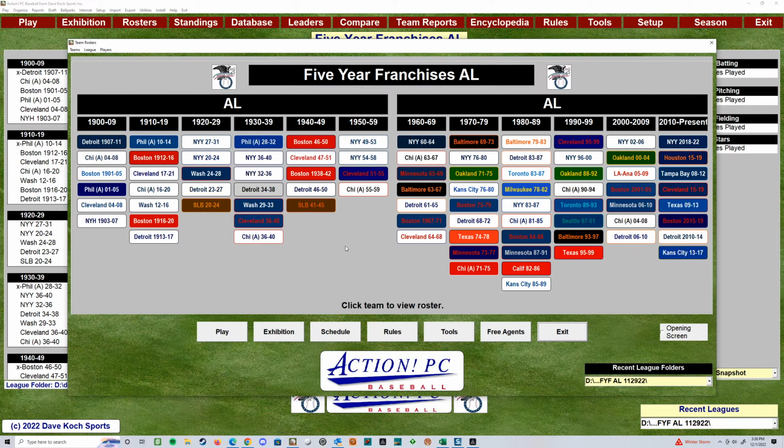So you could always take 120 AL teams if I ever get up to that many, and 120 NL, and then drag whatever you want into whatever blank league you create and do whatever the heck you want with them. So even if I stop working on this for a while, it will always be a project I'll come back to and keep adding to until I get to a full 120 for each of the AL and NL. I just don't know when that'll be.